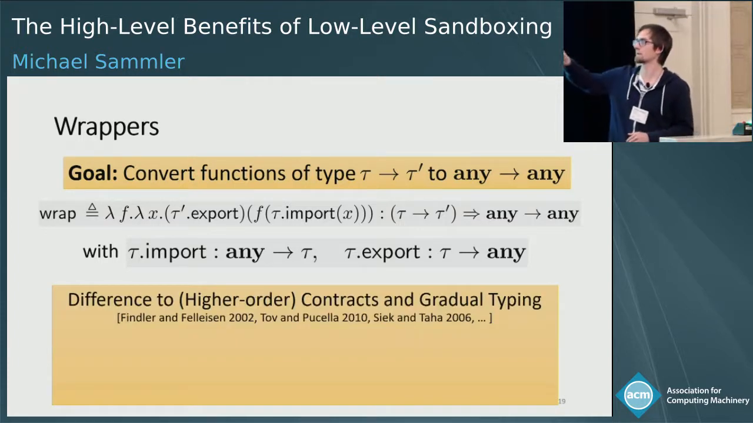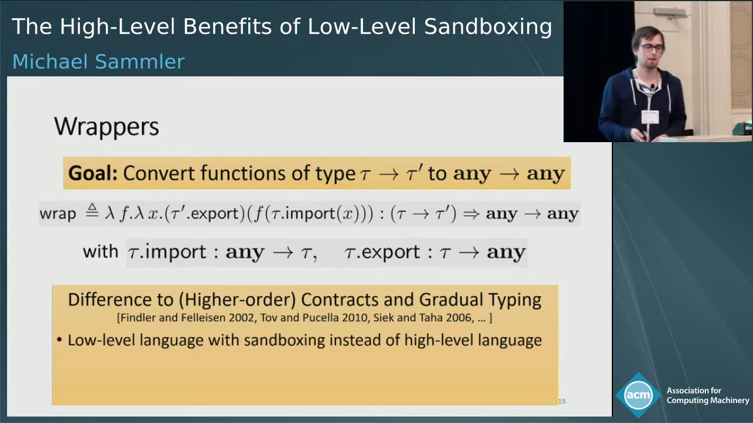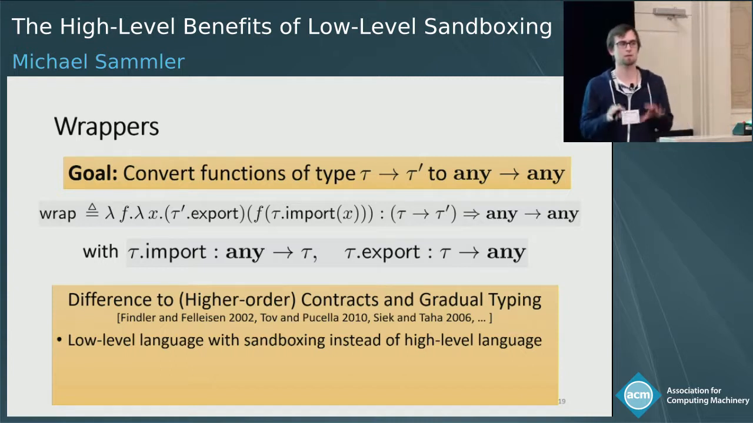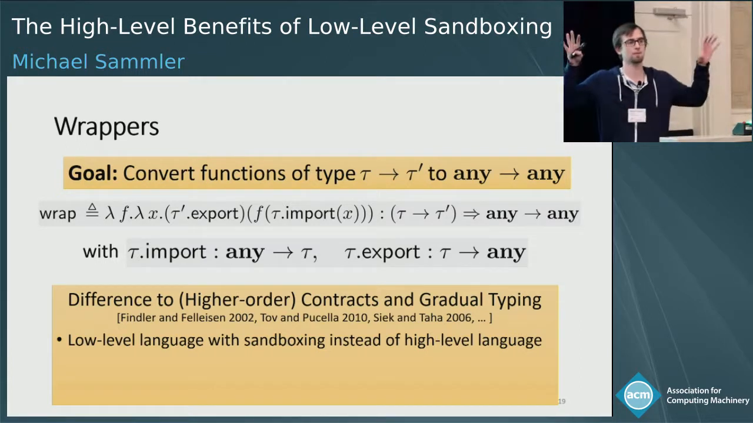This might seem very similar to higher-order contracts and gradual typing. So I want to highlight some key differences. One of the biggest differences is that we are working in a very different setting. We are in a low-level setting with sandboxing, whereas the other work usually works in a high-level language. We, for example, have these disjoint heaps, and we need to care about copying between these disjoint heaps and